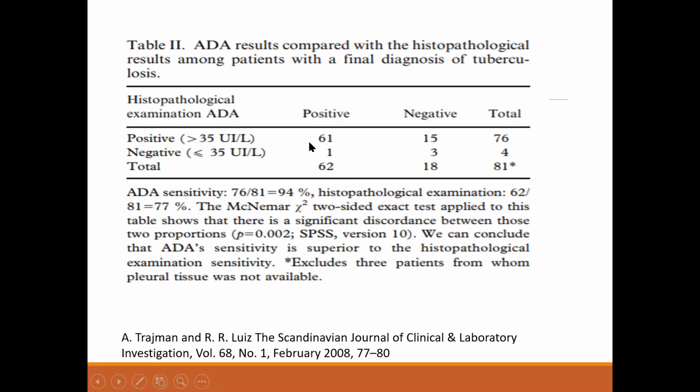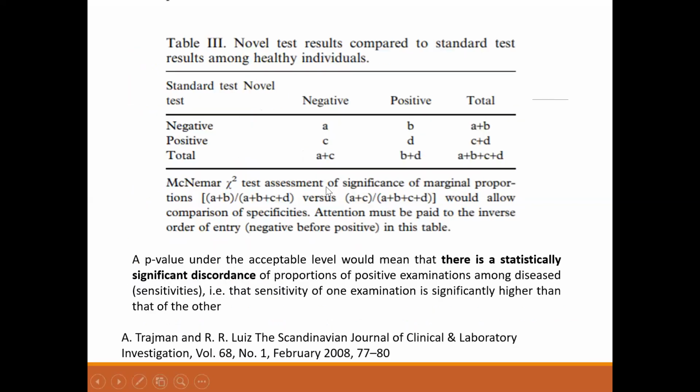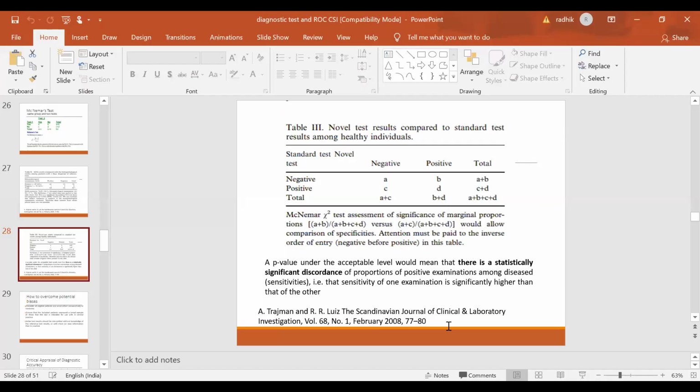I will just show you what is discordance. If you see in this data A, B, C, D, this is the discordant pair. A and D will be those who are misclassified. So when we are calculating McNemar's, we are considering this discordant pair. This is what we are actually looking at. I will go to an example because we don't have much time here, and show you what is discordant and what is concordant, and how to interpret that.